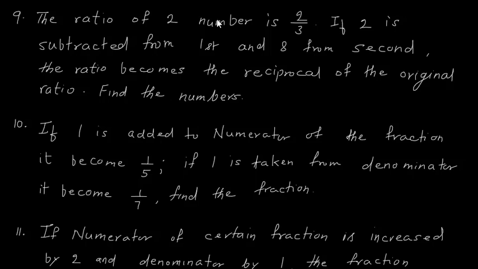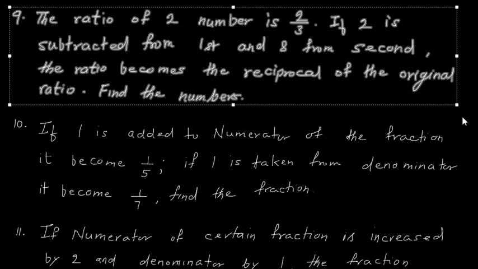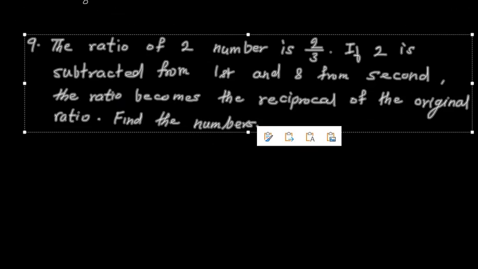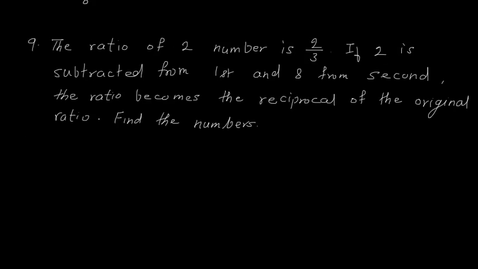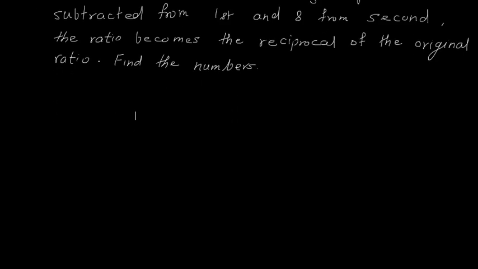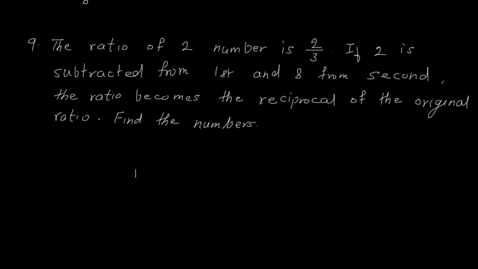So I have two numbers such that their ratio is 2 by 3. Now when I subtract 2 from the first number and 8 from the second number, the ratio becomes the reciprocal of the original ratio. We have to find the numbers. Okay, strange question. The ratio of two numbers is 2 by 3. If 2 is subtracted from the first number and 8 from the second number, the ratio becomes the reciprocal of the original ratio. Find the numbers. So I will say that in solution